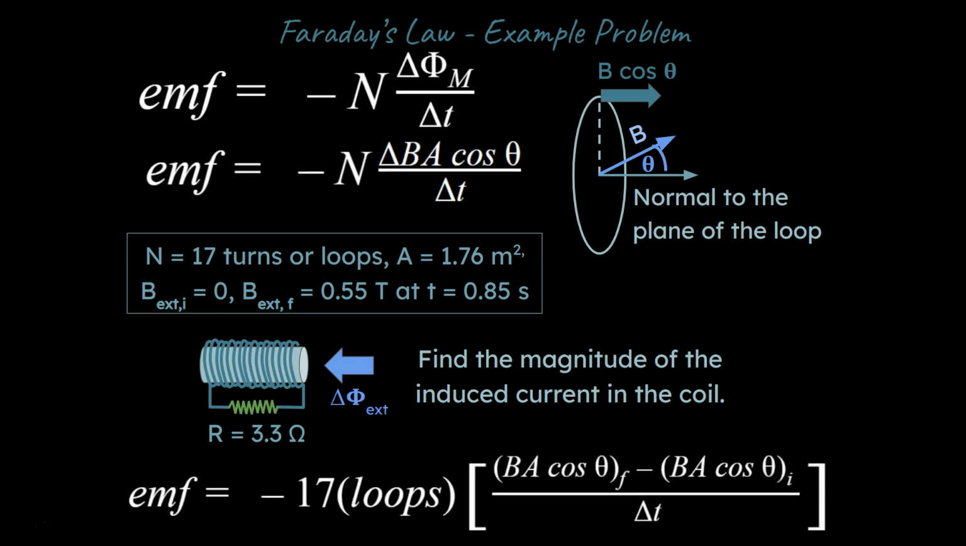Let's think about this. So first of all, we can plug in, we know we have 17 loops. Now this loops here is more of a descriptor. It's not so much of an algebraic unit that needs to be canceled out. It's more like a label, kind of like degrees or radians. And then we start to think about what's happening here. Remember, the initial magnetic field was 0, so we can actually drop this term out, and that's what we'll do